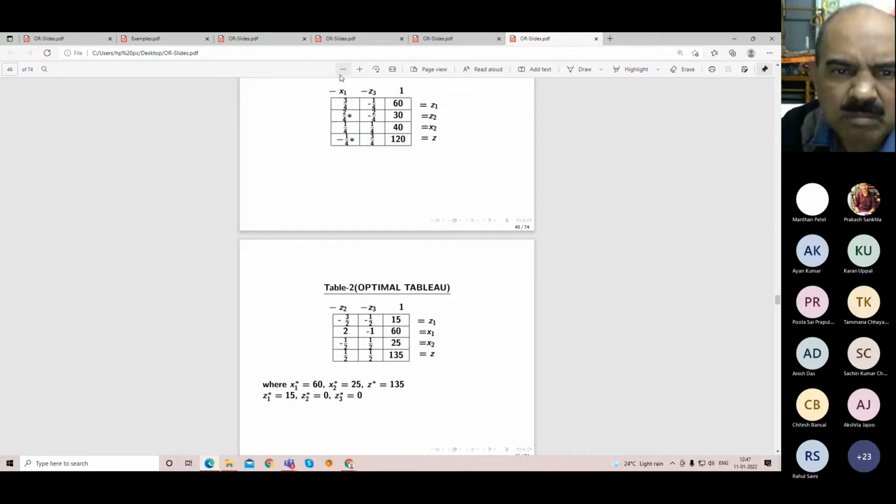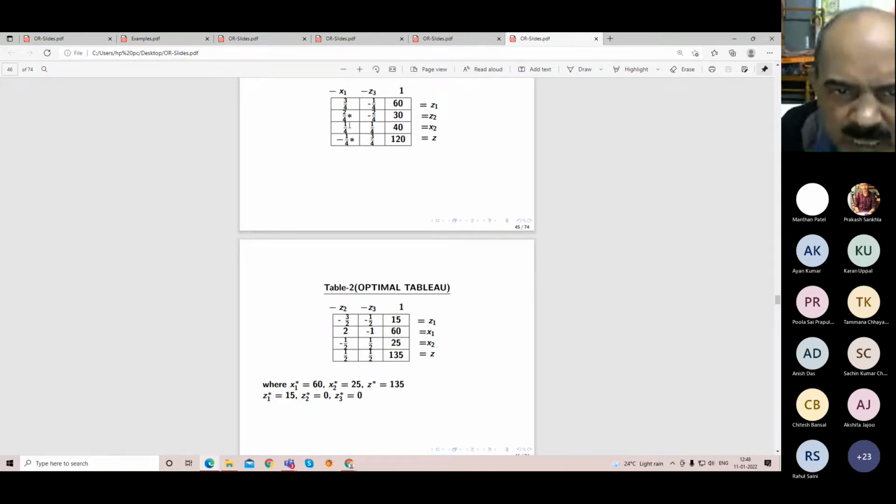In the same column, 3 by 4 you are dividing, this will be minus 3 by 2. The next position has no change. 1 by 4 divided by 2 by 4 with a minus sign, that is minus half. And minus 1 by 4 divided by 2 by 4 with a minus sign, this is half. Okay, so we have completed. The P position is becoming 1 by P, along with the row elements and the column elements. For the other elements, we have to apply the PQRS rule.